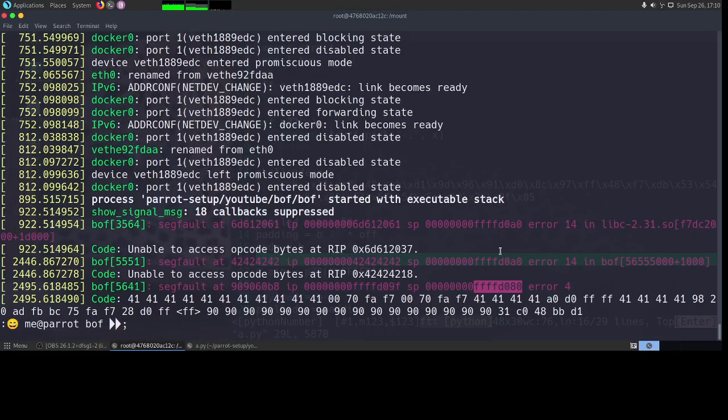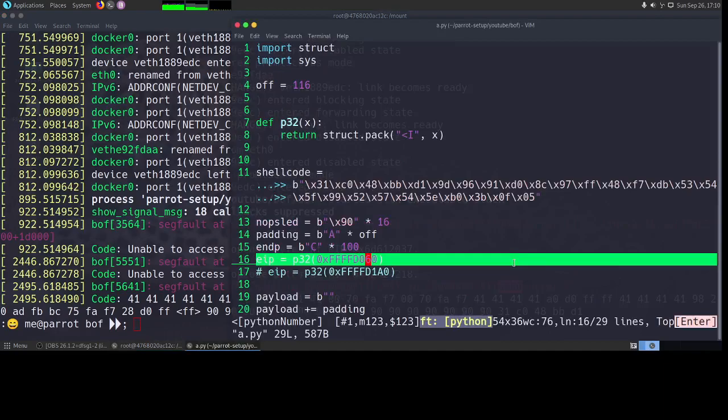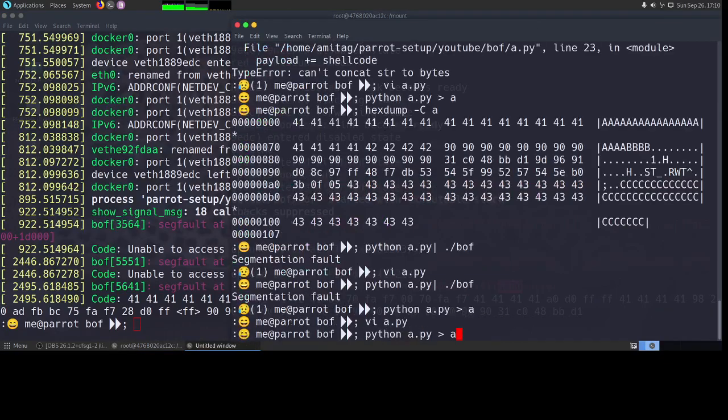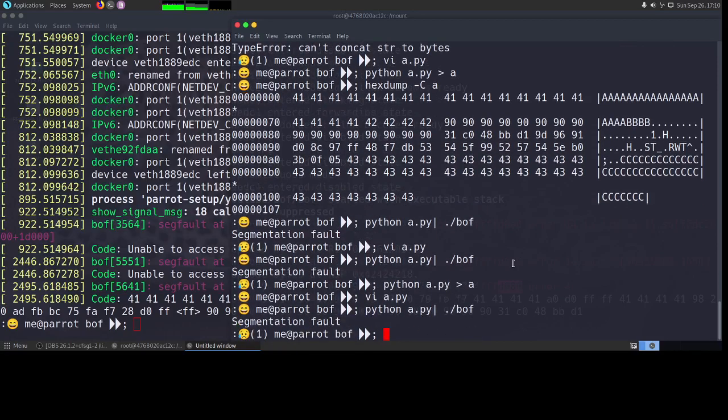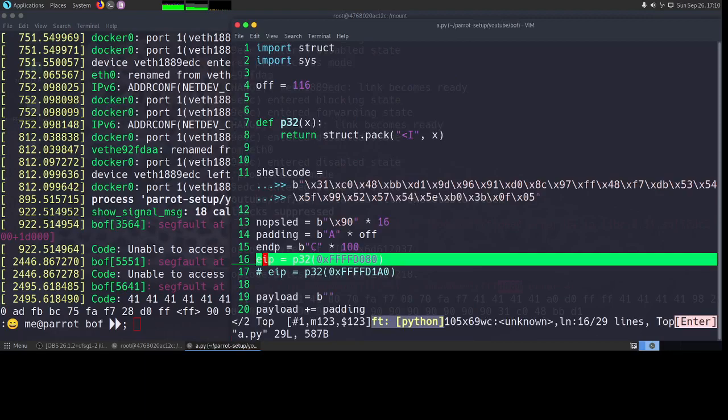So let's try with this SP. Let's put this D080 here and then try to run this again. Okay, didn't work. We will probably have to add a few more bytes here.